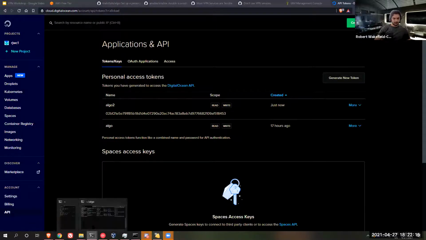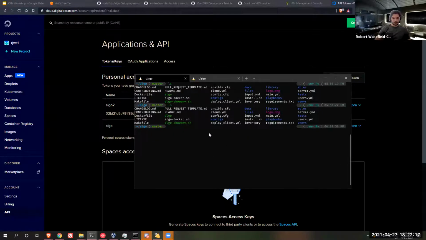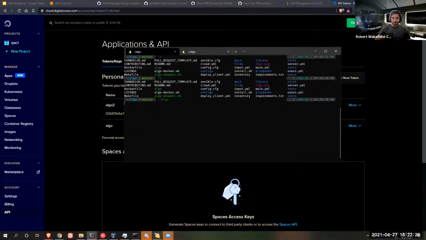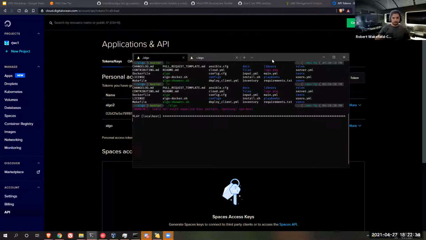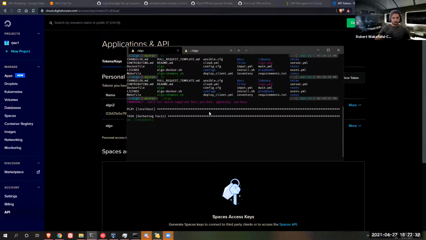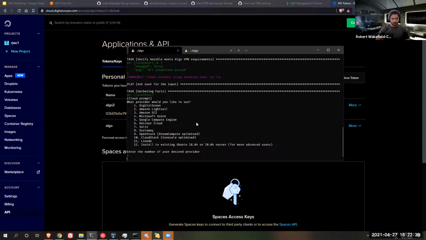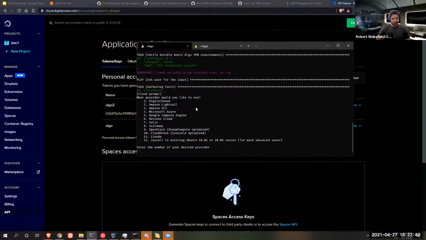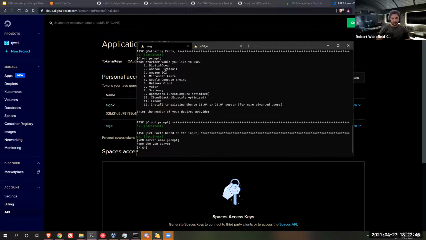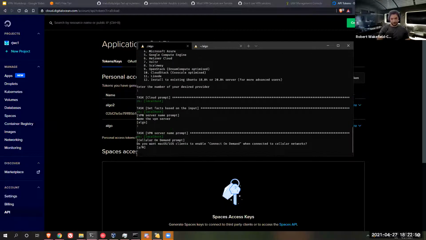So once you've done that, we're going to go back to the Algo directory and run the first script, which is just called Algo. It's pretty straightforward. They have pretty clear directions. You just choose what provider you want, and name the VPN server, whatever. We'll just keep it default and have it named Algo. Actually, before we do this,